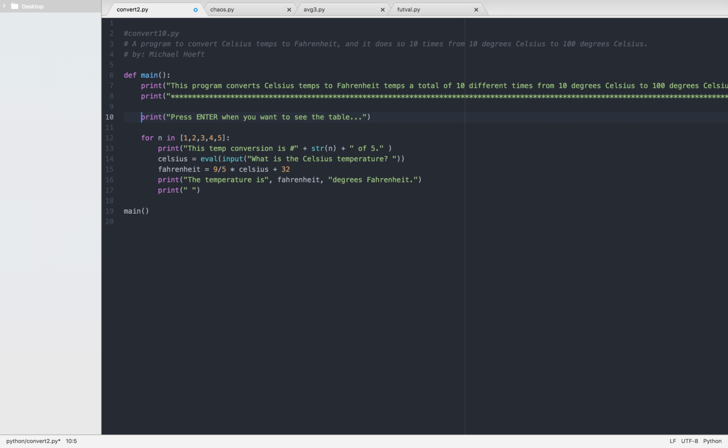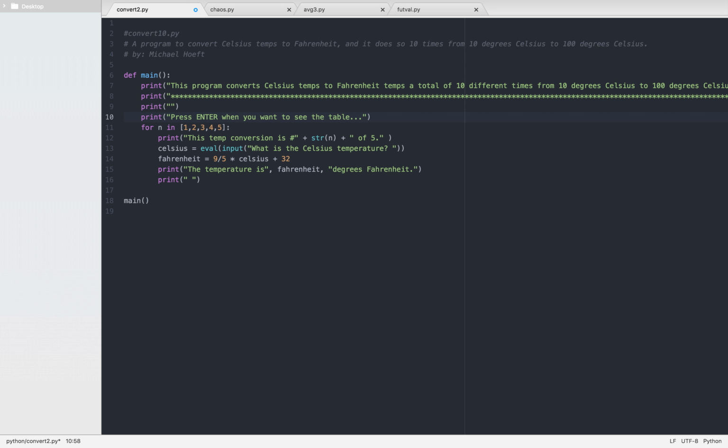So then we can print a blank line, and let's see, do you even need a space? Let's try to delete it. Last time we had a space, but now let's see without it. So when the person presses enter, so press enter when you want to see the table. And then,